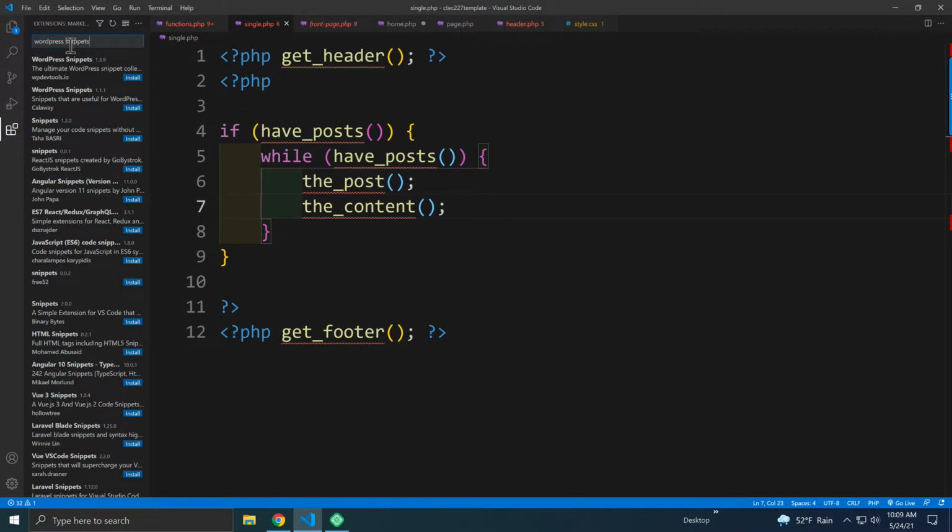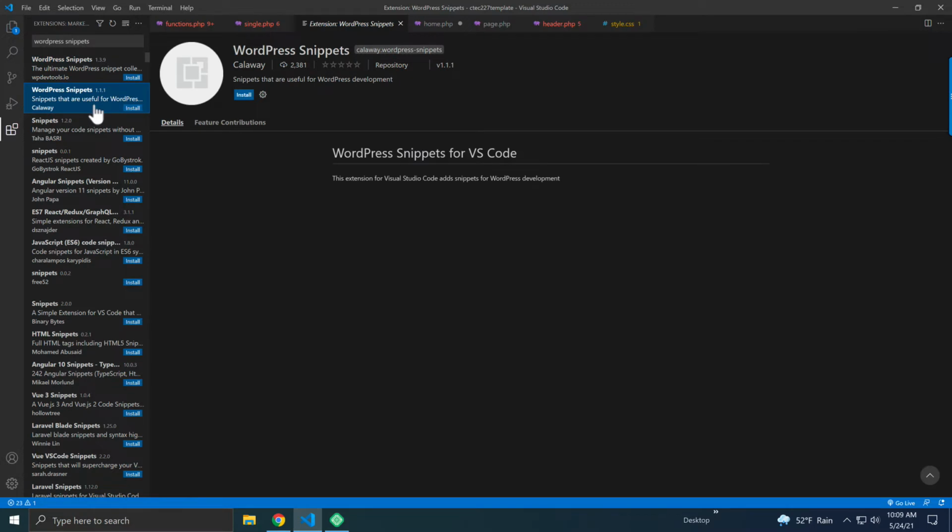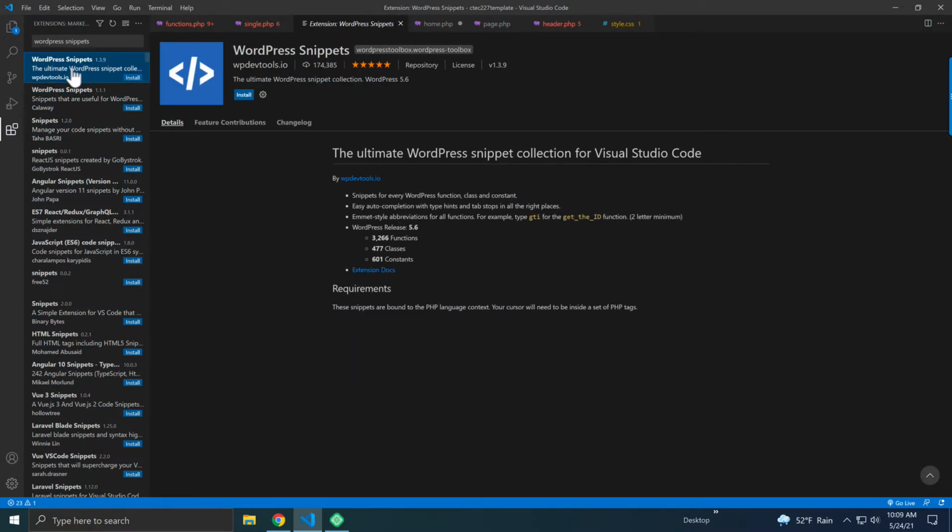Now, which version of WordPress Snippets are we going to use, right? There's a lot of different versions, right? So just see that there's a lot of different versions here with different downloads. You want this one, 1.3.9, wpdevtools.io with 174,385 downloads. So install that, and what's going to happen now, right, is once it's installed, it's still installing, as